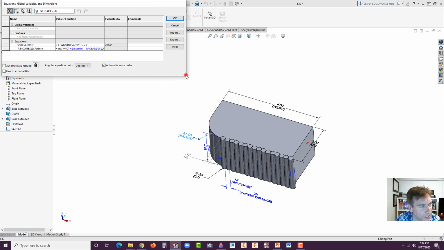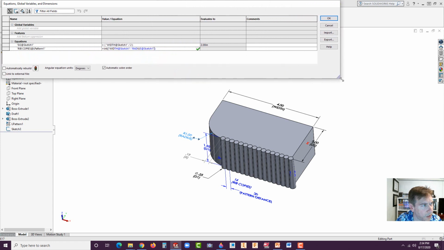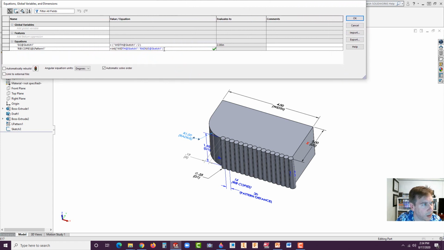Now I'm going to extend this out a little bit, just so I can see it better. I want to see the whole equation. Okay, so we've got is equal to int shift 9, which is parentheses. The width minus the radius, and we're going to go ahead and close that. So shift 0, close bracket, and then that's divided by, so hit your divided by or / symbol,